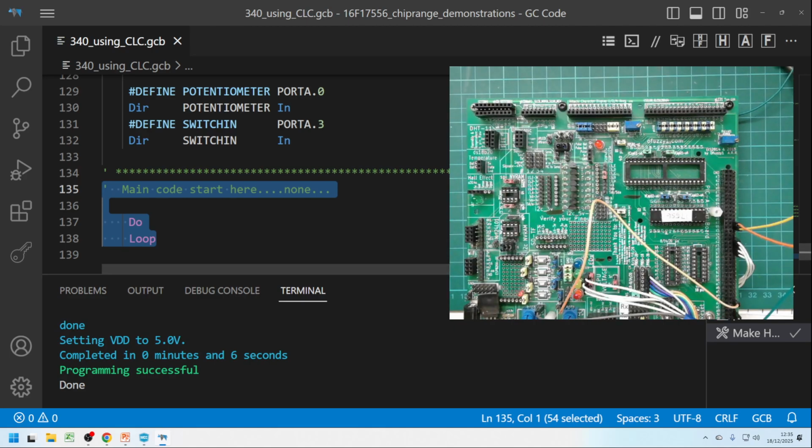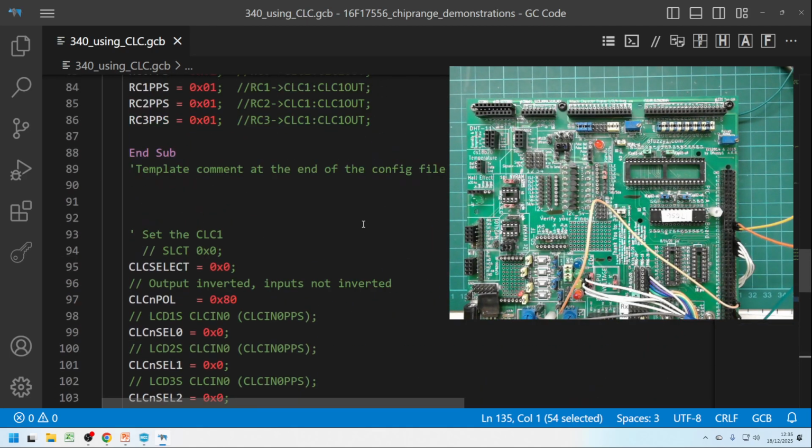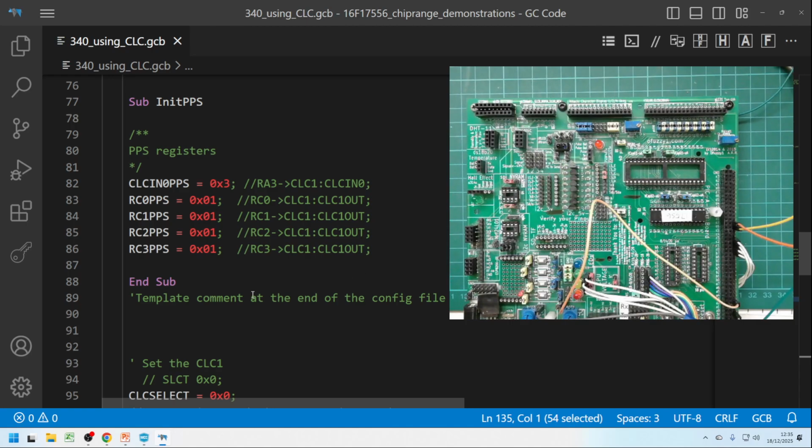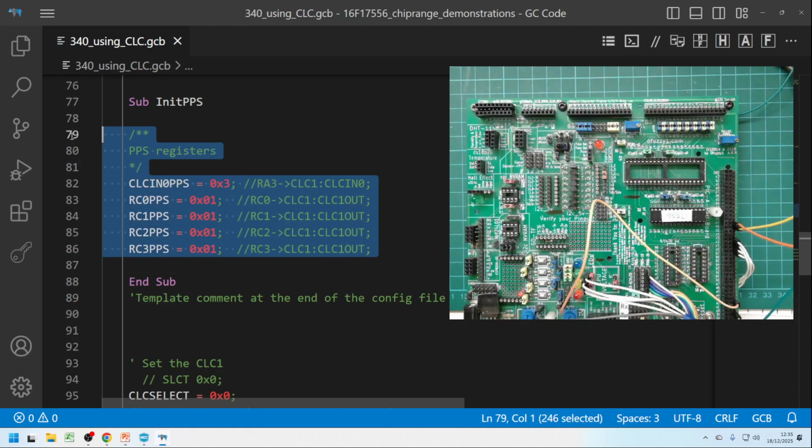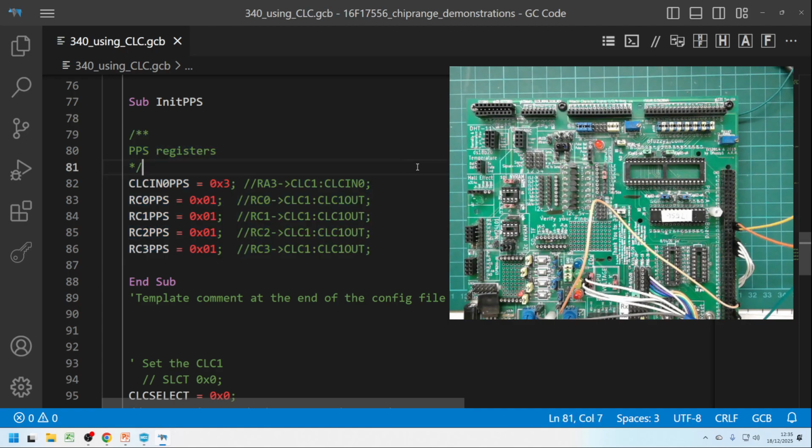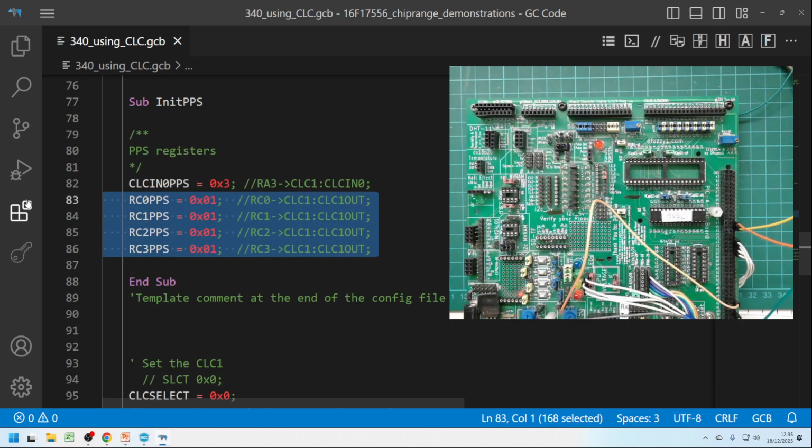And what this does, we set up the PPS. We have used PPS in the past for doing serial output, setting the serial. But what this one does, it says, I'm going to use an input of a CLC, number 1, as an input on A3. And the output is on all 4. It's as simple as that. Because like if I do the following, if I comment out these 2 here, look,